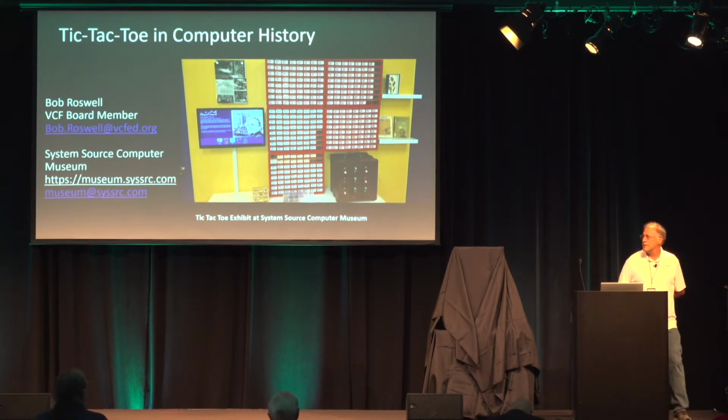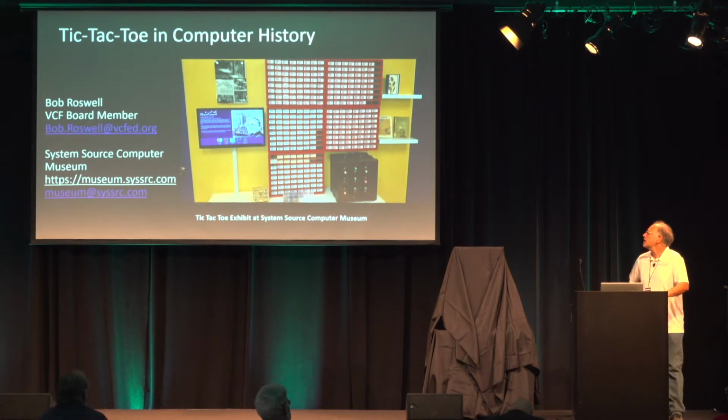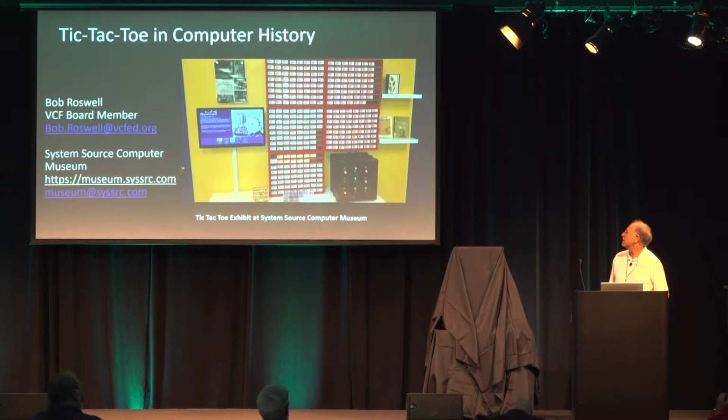Another visitor came into the museum and told me about Donald Michie. Michie was a researcher who worked with Alan Turing on decrypting the Enigma machine, and he did some early work in machine learning. He built a computer called Menace, sometimes known as the Matchbox Educable Naughts and Crosses. It was made out of matchboxes. I'll explain it in a few minutes. I made a liberal interpretation of it. I did not use matchboxes. It was easier to go to Amazon and order these little parts bins. So anyway, that was the inspiration.